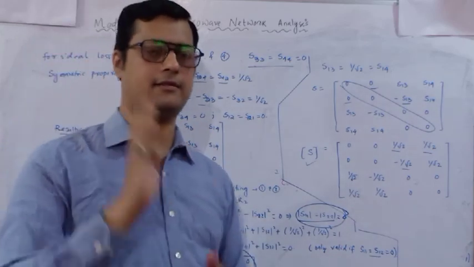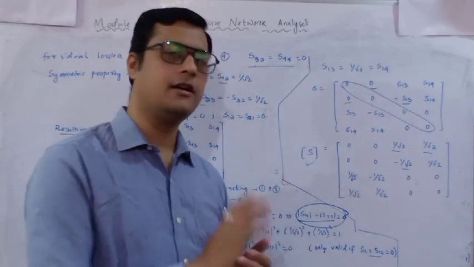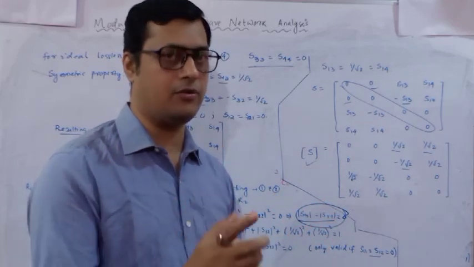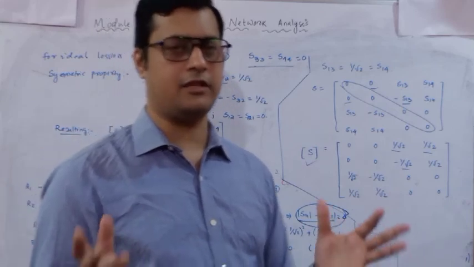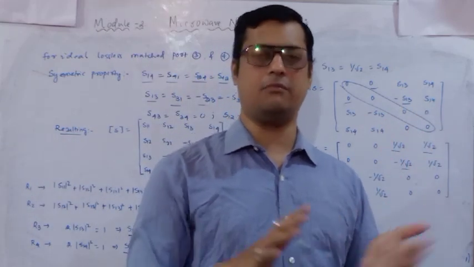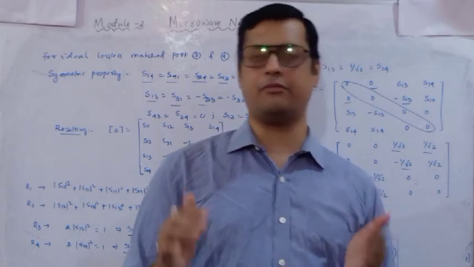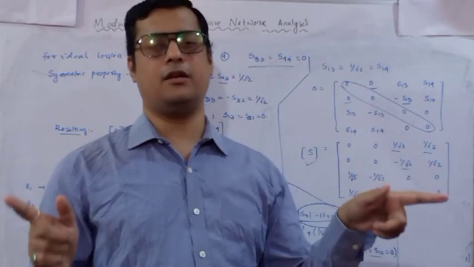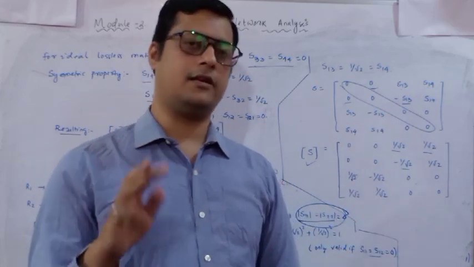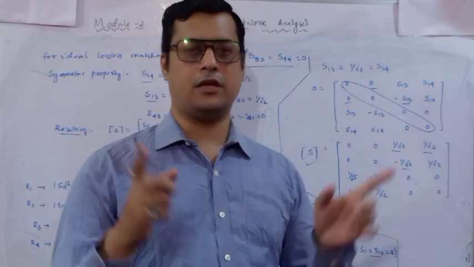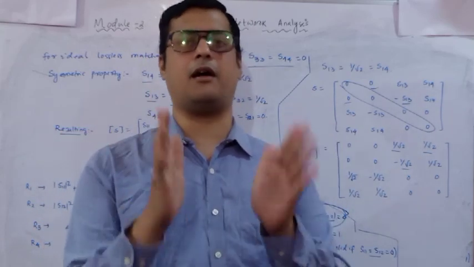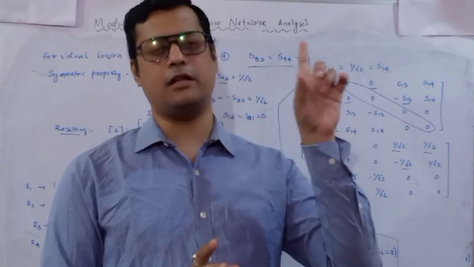And the 4 cases, what is the characteristic of that hybrid T? I have discussed. First, if the power is fed at port 1 and port 2, which port is available with respect to power and which is not available. Port 3 is not available, port 4 is available. Similarly, if you feed the power at port 3, 1 and 2 are available but out of phase, 4 no relation. Third case, if you feed the power at port 4, equal power is available at port 1 and 2 with in-phase components but half of the power is available. No link with port 3.